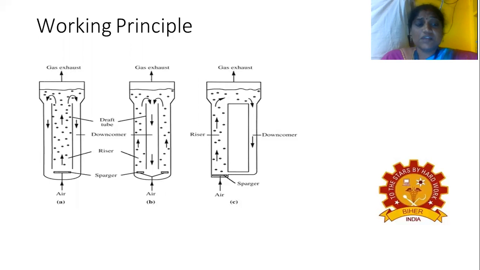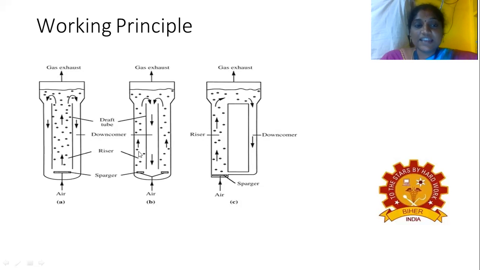Working principle. So this is the working principle of the airlift reactor. As I told, the gas injection would be employing the pressure to move the riser. So the riser would be moving the air upwards, and the downcomer would be containing the degassed media and the cells. This is the draft tube, this is the riser, and this is the downcomer.